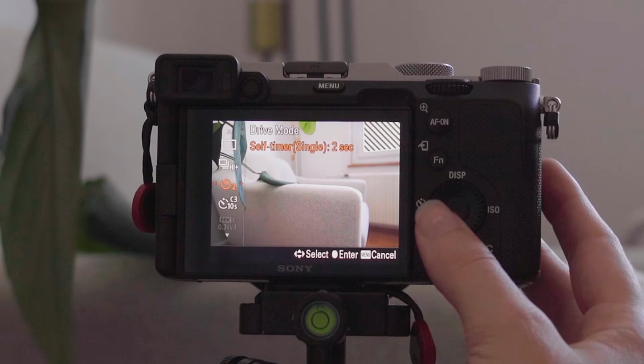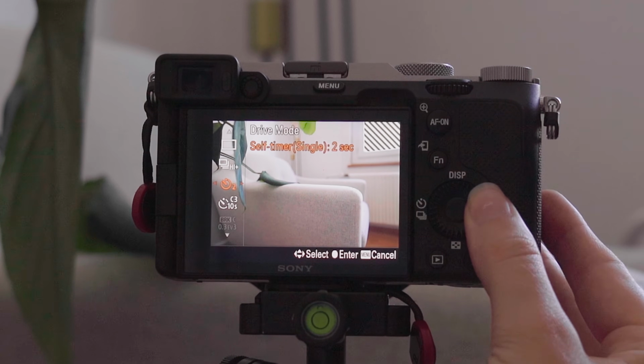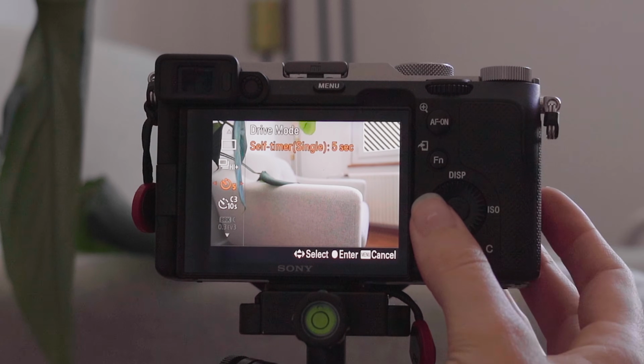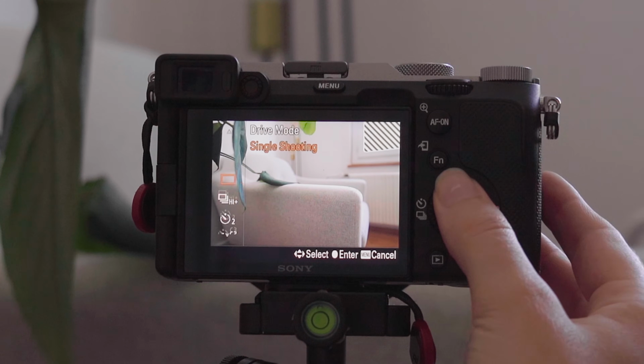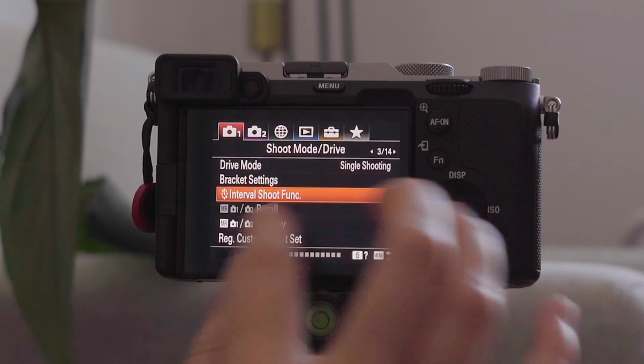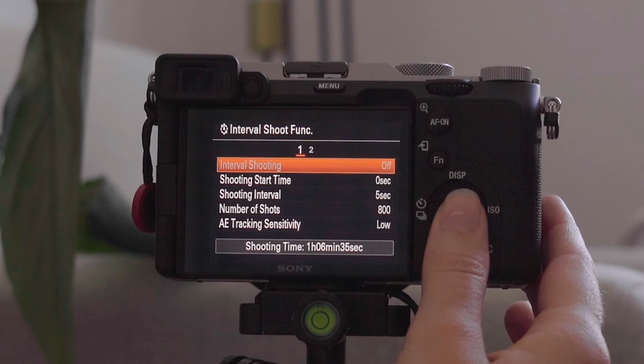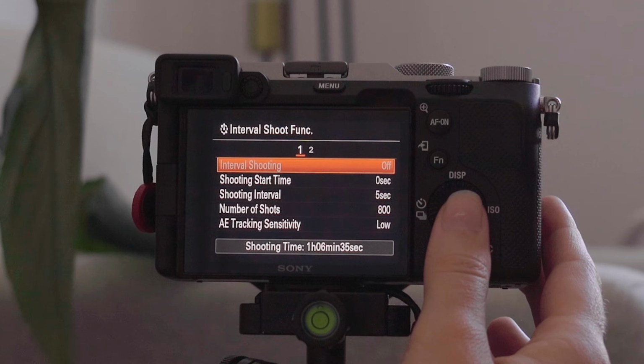And they show you these arrows, that you can press the left and right button of the control wheel and change the setting of the self timer. For example, the single shooting doesn't have those arrows, so there you have just this one option and that's it. Next we have the interval shooting function,